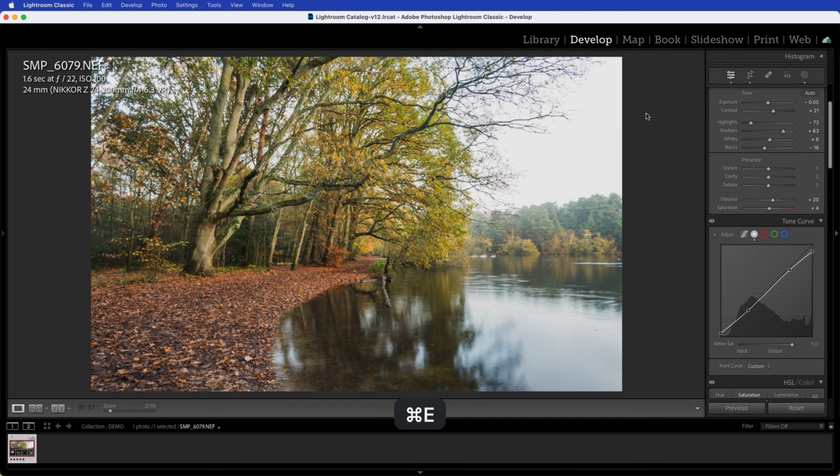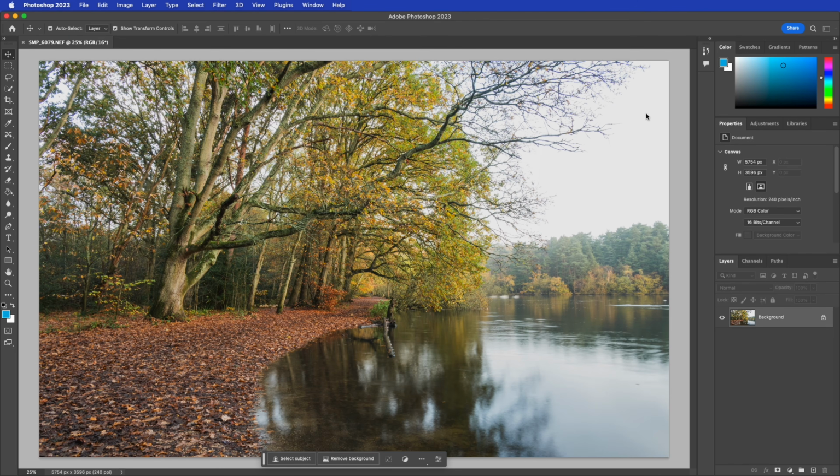Now we need to import it into Photoshop. So we've done our editing, everything's ready to go. So what we need to do is press Command and E, and that will open it up in Photoshop. I assume it's Control and E on a Windows computer, but I'm using a Mac today. As you can see, this is now loaded up in Photoshop and looks exactly the same as it did in